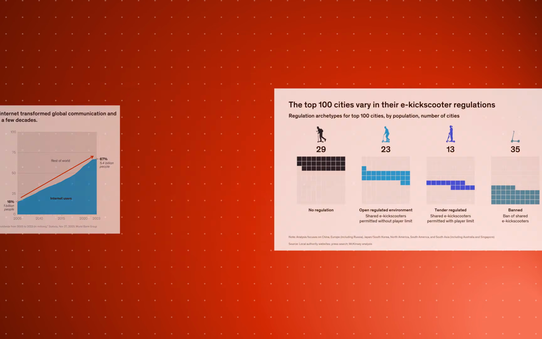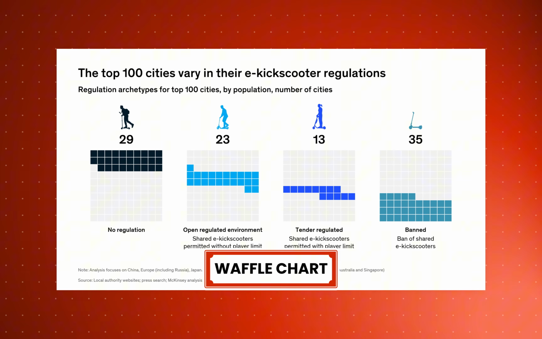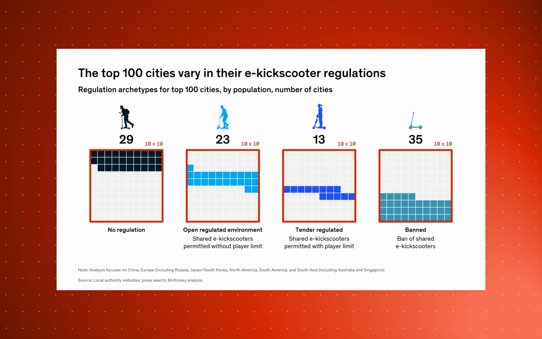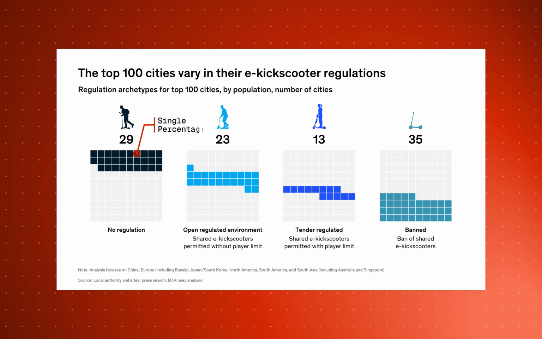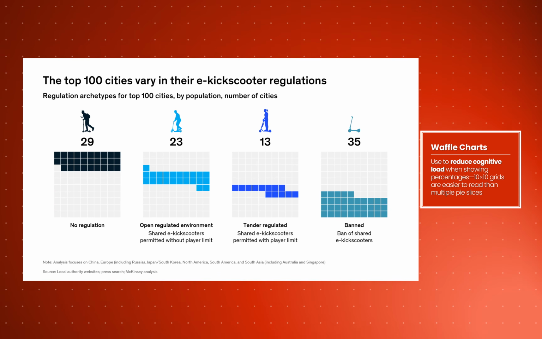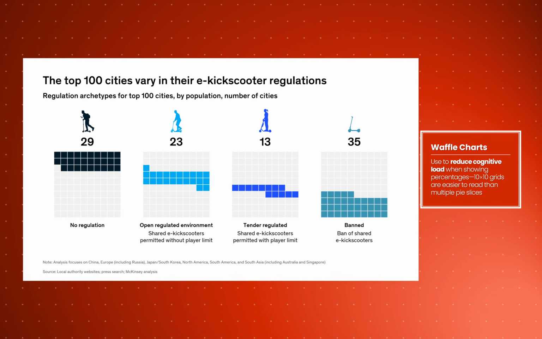A modern alternative to pie charts is a waffle chart, which is basically a 10 by 10 square or dotted grid where each dot or square represents a single percentage. These are often more utilized because we as humans can better count circles or squares easily compared to judging angles